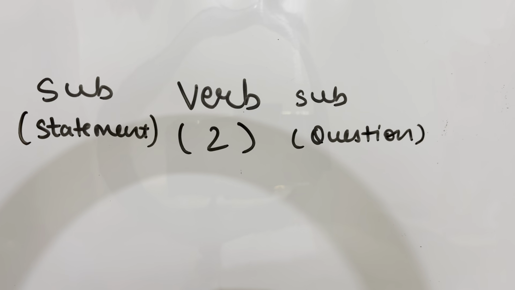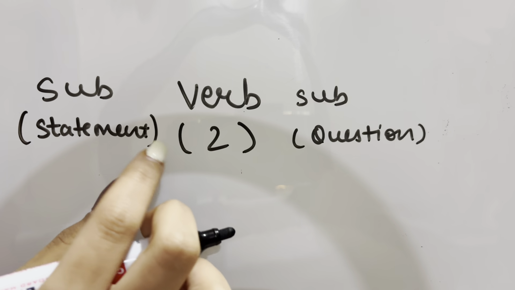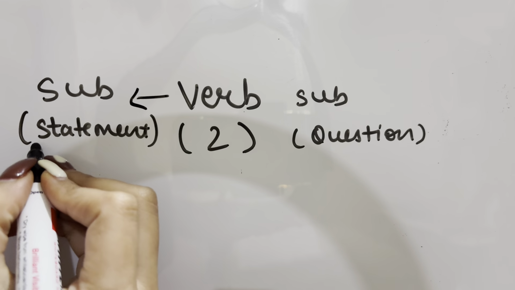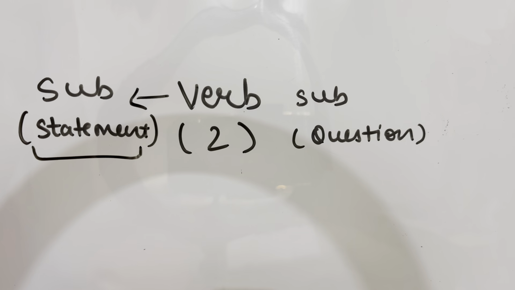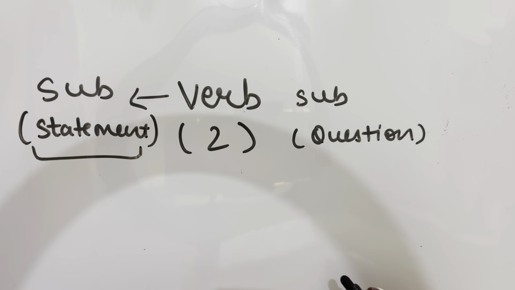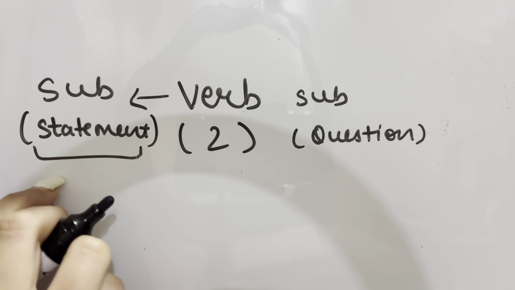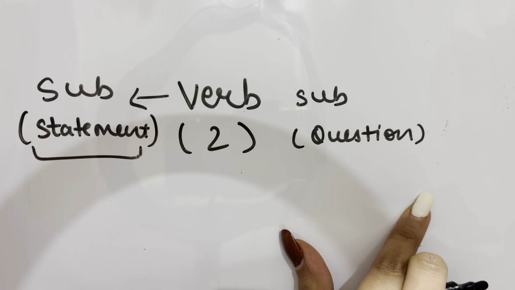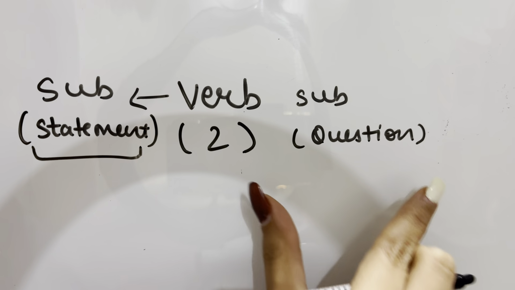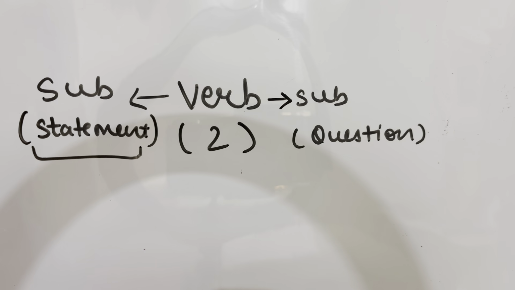So till now, what we have learned is that the verb will always take the second position and the subject will be on the left side of the verb if the sentence is a normal statement like Ich heiße Suhana or Ich komme aus Delhi. But when a question is being asked, like Woher kommst du, then the subject is on the right side of the verb, right? I hope everyone got it. Please give me a thumbs up if you got it.